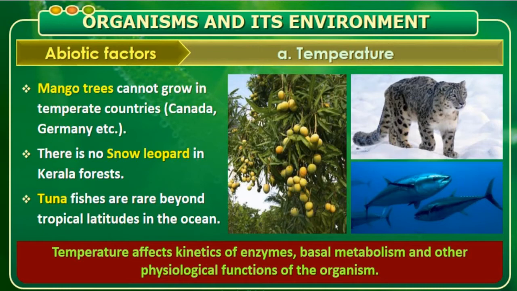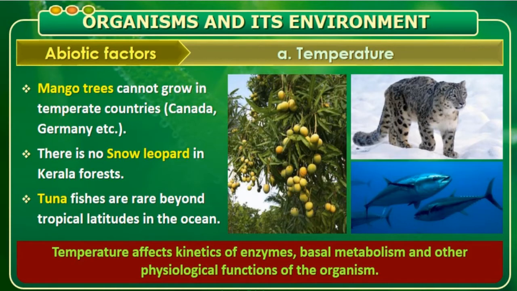Then, there is no snow leopard in the Kerala forest. Do we find a snow leopard in the Kerala forest? No. Why is it not there? Because those are leopards which survive in snow beds. The Kerala forest does not have snow beds, so that is why it cannot exist. The third example is that tuna fishes are rare